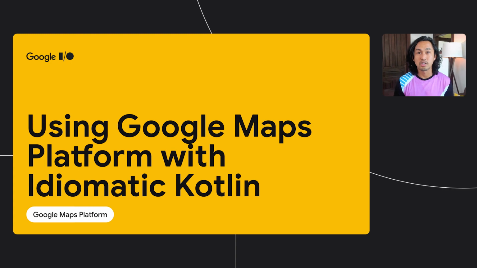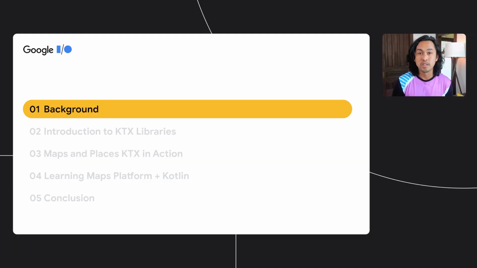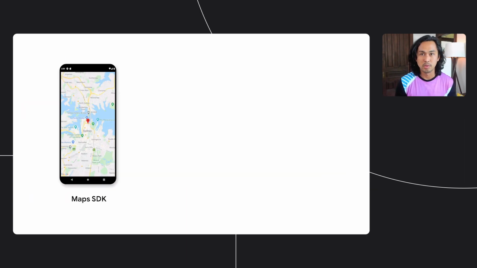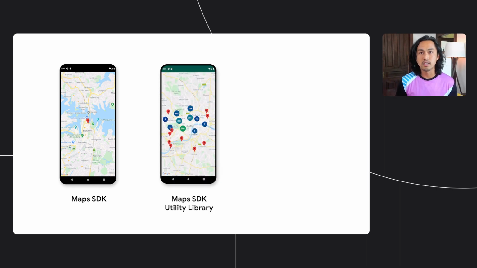In this talk, I'll share Kotlin extension or KTX libraries and resources to help you learn how to build Kotlin apps using our SDKs. To start, let's review the different Android SDKs offered by Google Maps Platform. First, and the one you're probably most familiar with, is the Maps SDK for Android, which was released in 2012. The Maps SDK allows you to add a map powered by Google Maps' rich set of data. With Maps SDK, you can also draw on the map by adding objects like markers, polygons, and overlays. The Maps SDK is also complemented by an open source utility library that allows you to easily add other popular features to the map, such as marker clusters and heat maps.